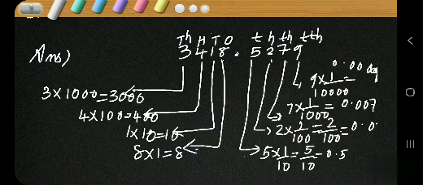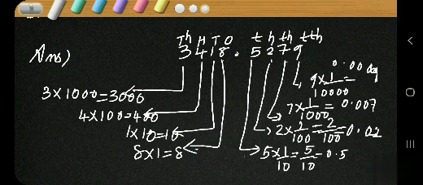Okay, do this problem properly. Tomorrow we shall do more problems. The place value of the first digit after the decimal point is 5 into 1 by 10, which is equal to 5 by 10, equal to 0.5. Place value of the second digit is 2 into 1 by 100, is equal to 2 by 100, which is equal to 0.02. Please write properly. I have no space.